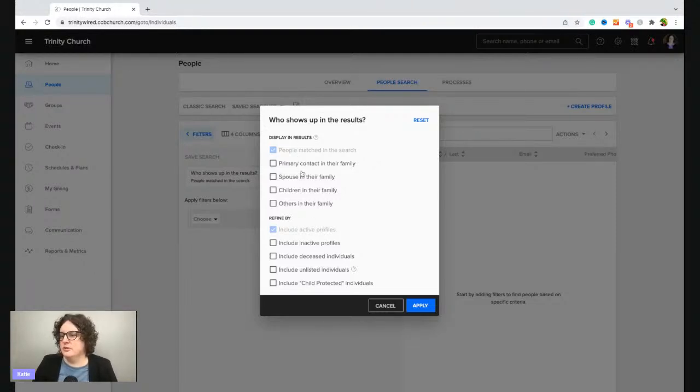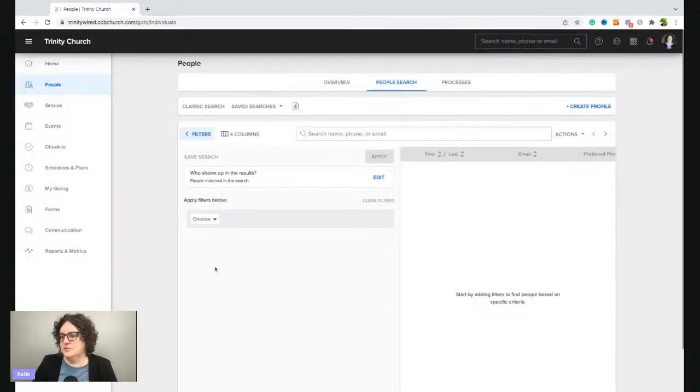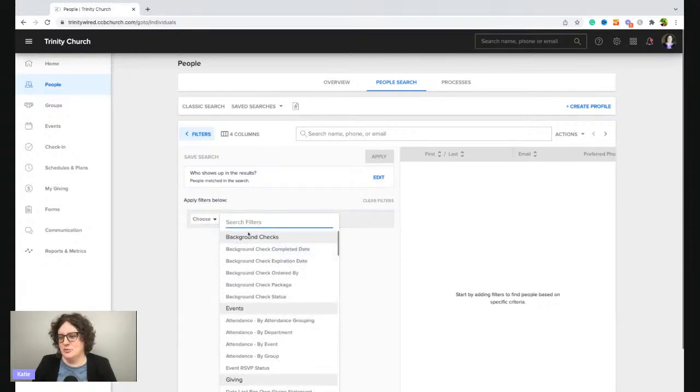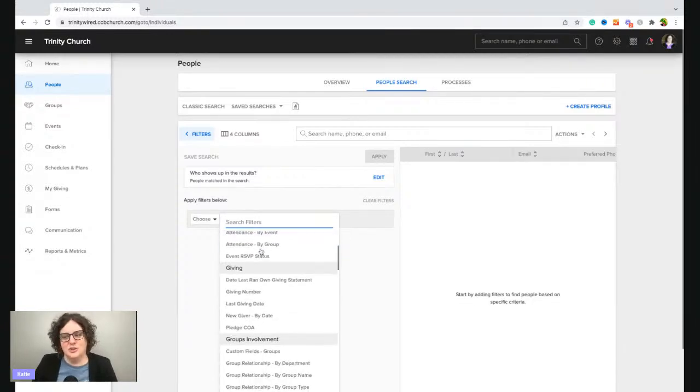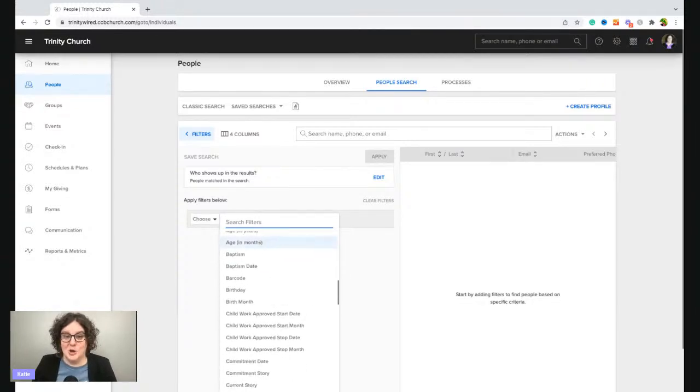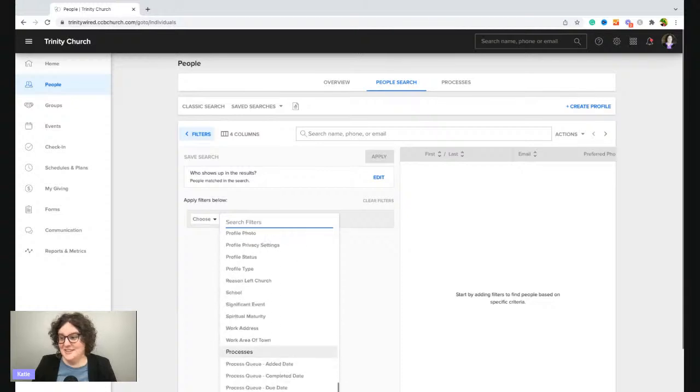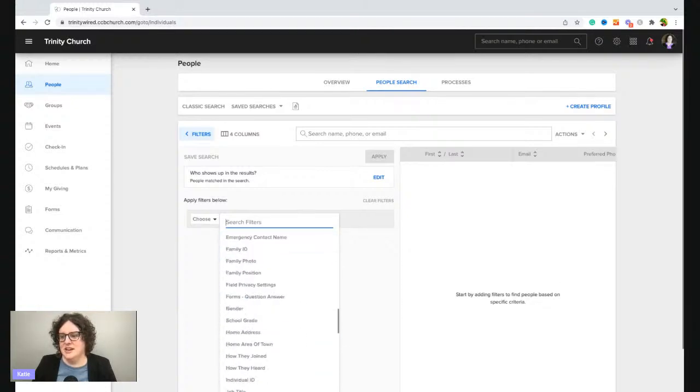So for the search we're going to run though, the defaults are fine. So I'm just going to click apply. And then because I want to protect my own church family's data, I'm just going to run a silly search, one that I wouldn't actually run. But then I'll show you the criteria for searches that we do run, just not the results. So you can search a long list of things in people's profiles and how they're involved.